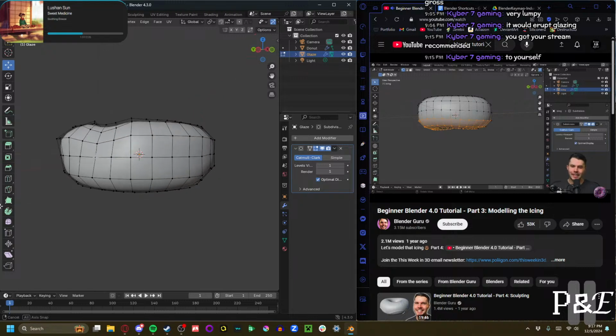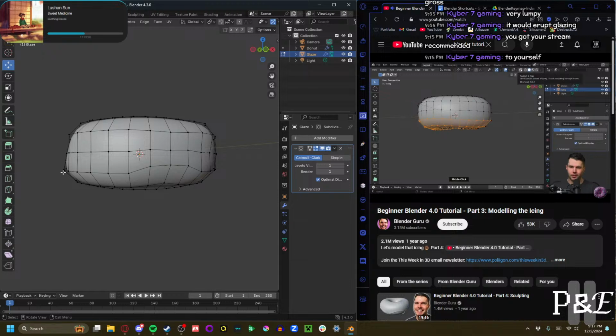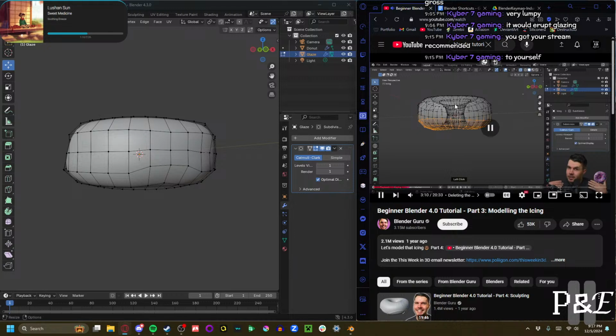So if you want to select through a mesh, you can go up to here in your top navigation, toggle X-ray. If you turn that on, it's going to enable you to see